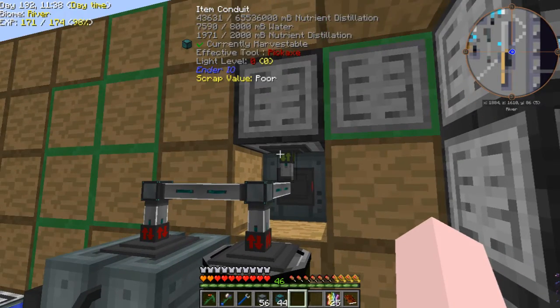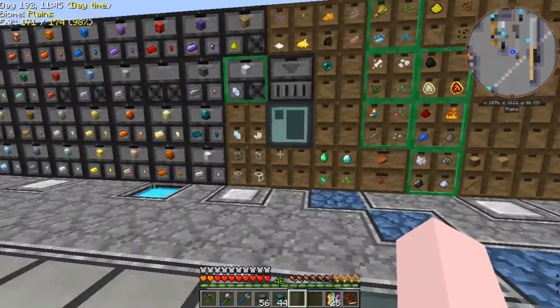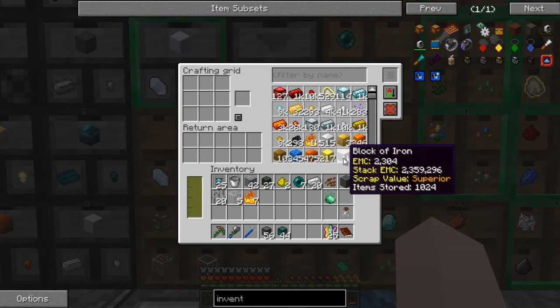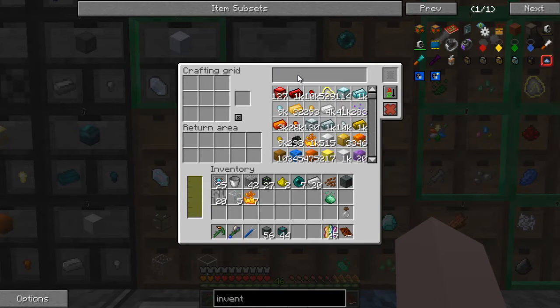And that should be it, I think. And boom, we can see everything in all the drawers. So let's say we wanted to make something. How about some dye? We want to make...